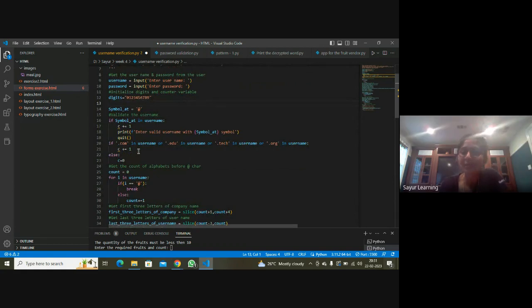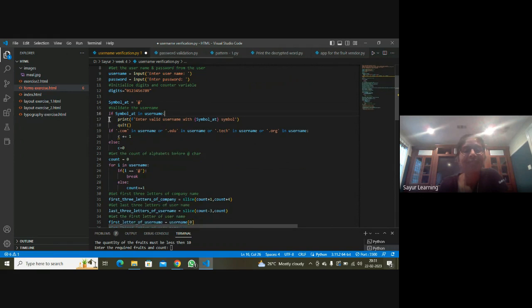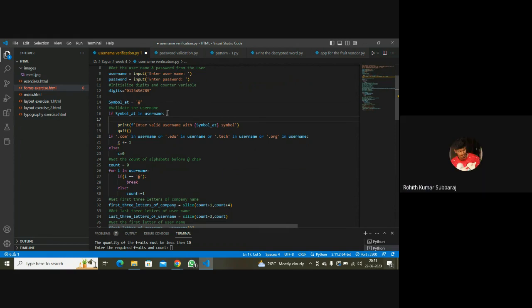How do you know the username is valid or not? If the username is not valid, then okay. So again, check line number 16. Is that correct? Yes, ma'am. Else.